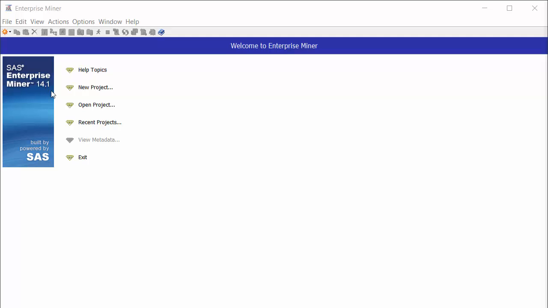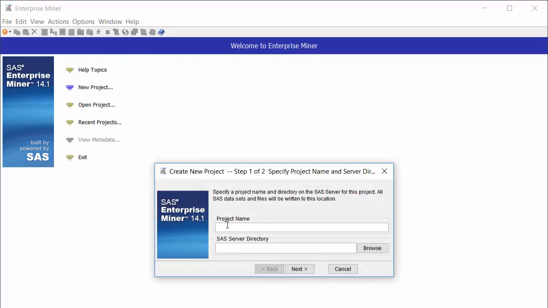Let's get started. So to create a new project, this is the opening screen from the Enterprise Miner. Click on new project. Specify a project name. I'm going to say Data Explorer. So assume that I'm creating a project to explore data. Okay. And I'm going to specify the folder where I want to store this